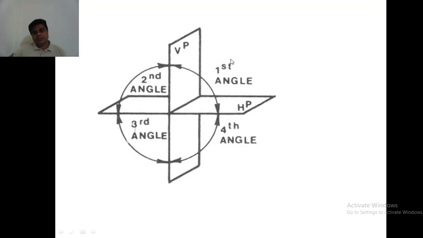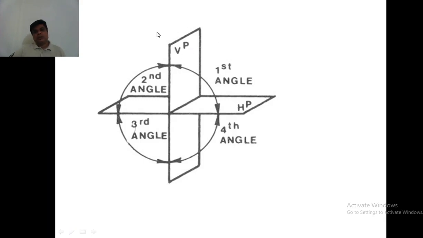The concept of drawing here is we take 2 planes of the box, and this plane is called the horizontal plane. So we write it as HP, HP means horizontal plane. And one more face of the box, or the plane which is vertical, we call the vertical plane. So vertical plane and horizontal plane.